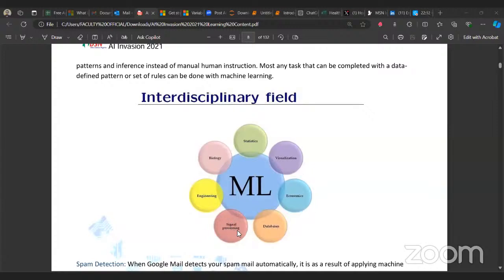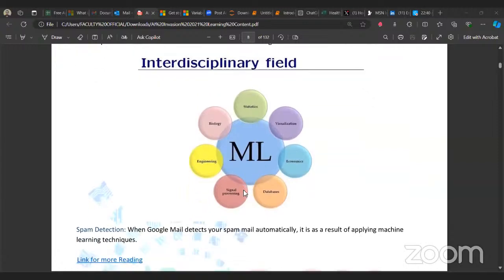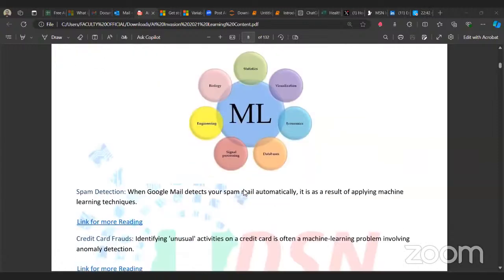When we are trying to perform certain tasks like image recognition and voice recognition, we make use of signals for the machine to learn patterns from. So signal processing is very important. And engineering, because you need to build hardware and software that can handle these particular operations. So ML is a very huge field. It borrows from different bodies of knowledge.